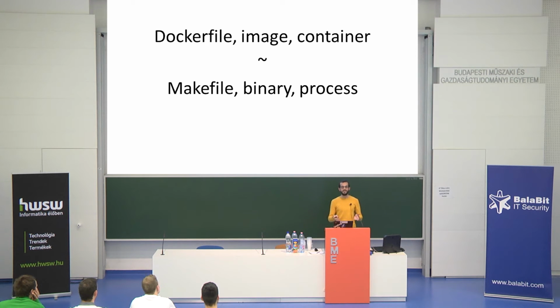Makefile, as we all know, is basically a file that describes how to build your source code, right? When you execute a makefile, you get a binary out of it, something you can run, or a library that can be linked. In the same way, a Dockerfile is a file that specifies how to build your image. And an image is some sort of binary set of bytes that's stored somewhere on your computer.